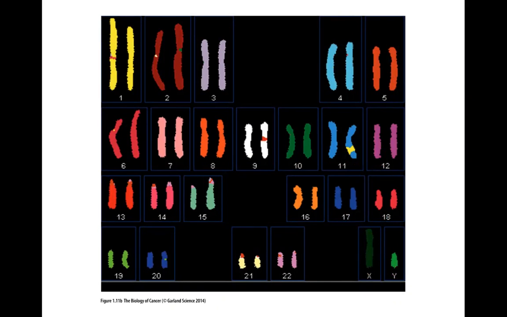You can see here that human chromosomes are numbered. We have 22 pairs of autosomes. They begin numbering with chromosome 1 being the largest, all the way down to the 22nd autosome, the smallest. And in the bottom right, you can see the X and Y chromosomes that constitute, in this case, a male